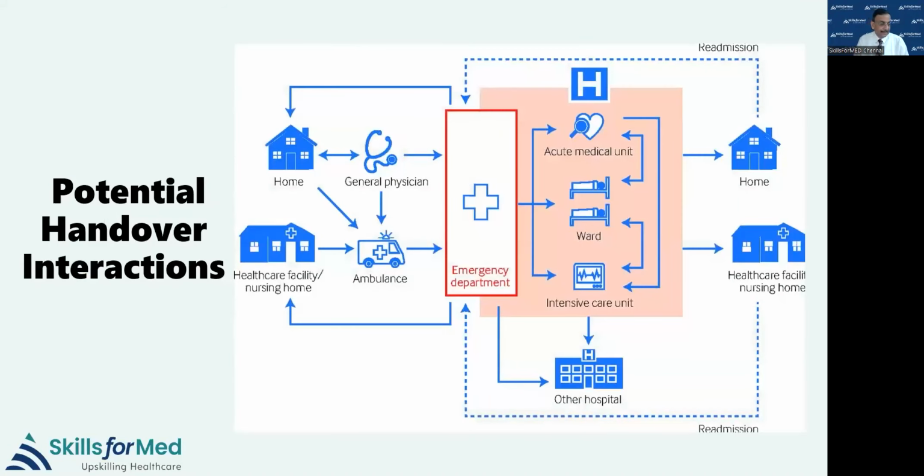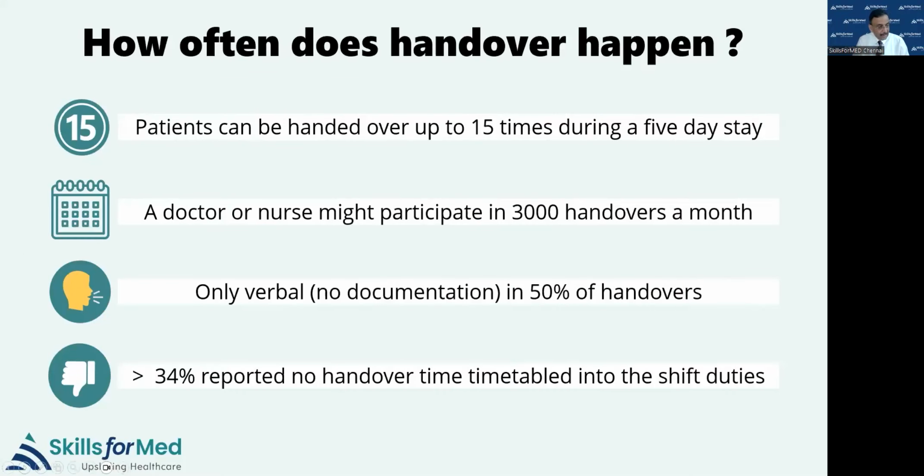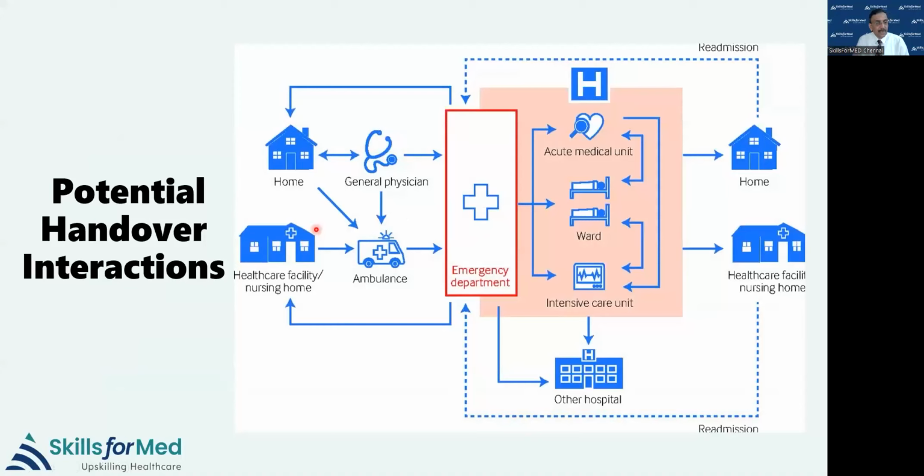And you can see here that there are so many places in which the handover has to happen. It's like from the home to the GP, or if they're coming to the emergency, to the paramedics, and then the GP refers the patient to the hospital, or the ambulance brings them to the emergency room. So this handover happens here. And inside the hospital, in the acute medical unit or surgical unit, every day, as I told you, 3 times, and in the ICUs, maybe much more frequently, this handing over is taking place.